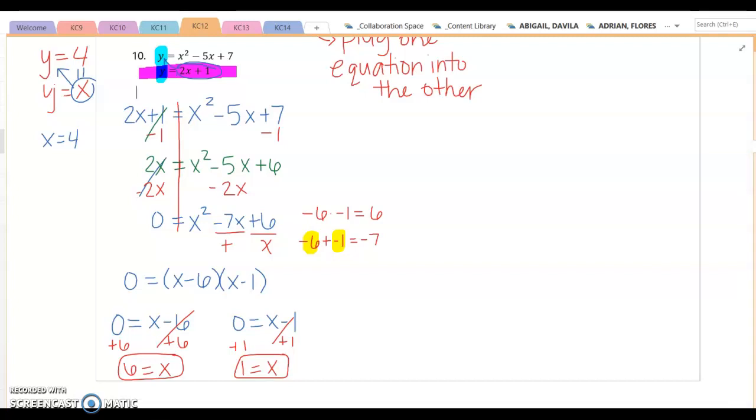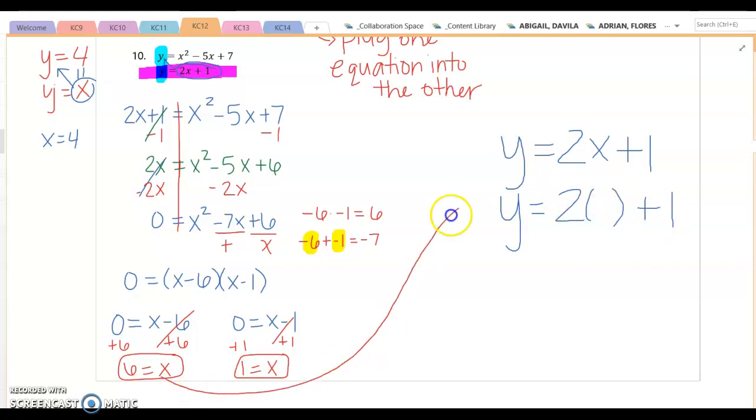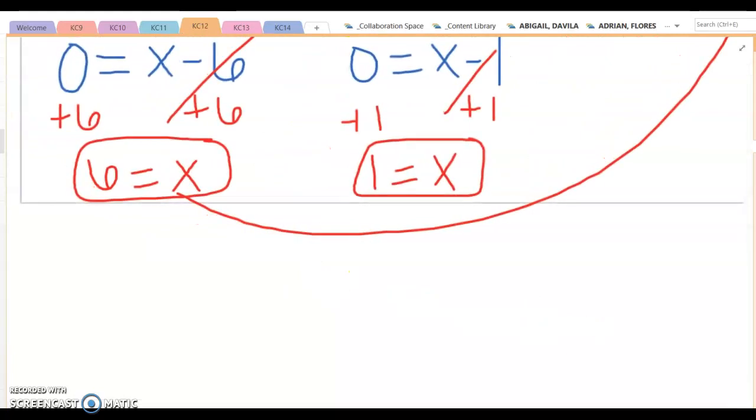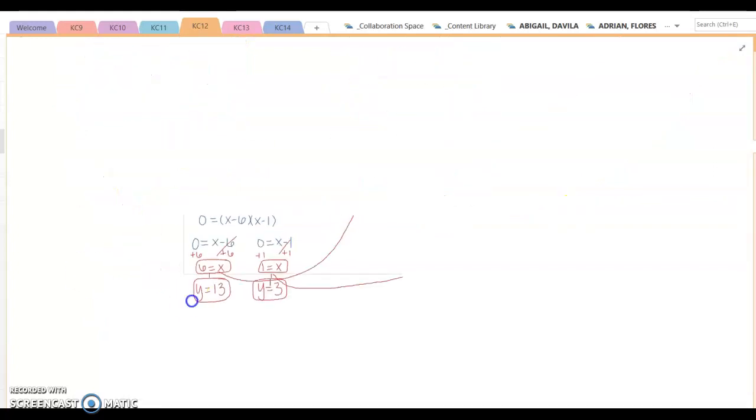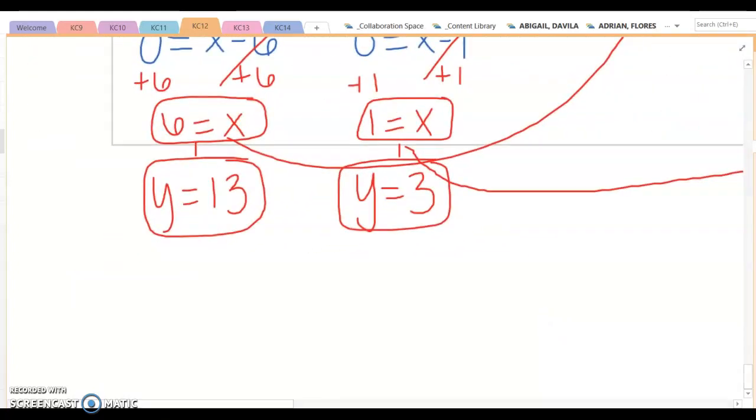I am running out of time. So it is y equals 2x plus 1. We're going to plug in x equals 6 first, and then we're going to do x equals 1. So we're going to take this one first and plug it in. We're plugging in 6, so y equals 12 plus 1, which is 13. So when x equals 6, the y is 13. I did the other one for you real quick. We got a y of 3, so now we just have to write our ordered pairs. So it's going to be (6, 13), and (1,